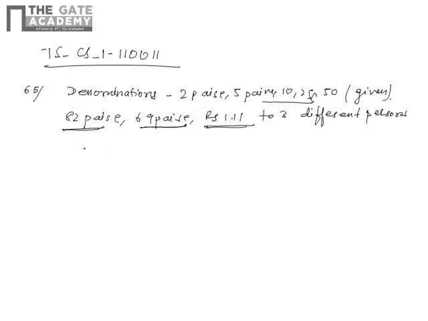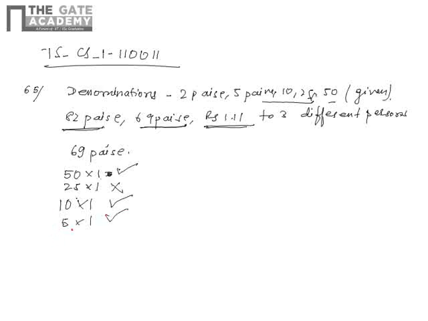If I start with 69 paise, just check. If we go for 50, one coin of 50 is okay. If we go with 25, that will be 75, so this will not be accepted. So one coin of 50 can be taken. Then we will see if 10 can be taken or not. If it is 10, then it will be 60, so it can be taken. Now 5, it will be 65, so this can be taken.